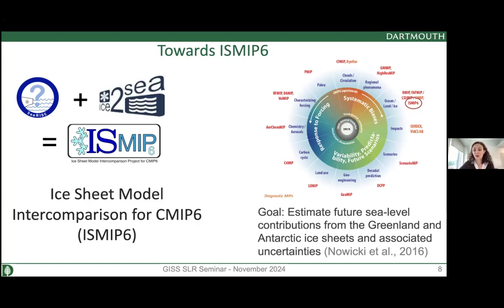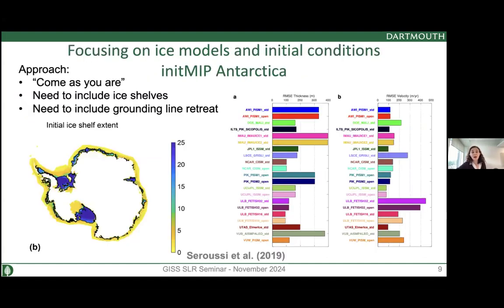What happened during its lifetime all the way to the IPCC AR6 report? The first thing is that, as we've seen, ice models had lots of limitations. And so we really focused on giving modelers the opportunity to improve the models and think about initial conditions. Again, I'm going to talk just about Antarctica today. There are similar efforts for the Greenland ice sheet, but that's for another day. So what was the idea with ISMIP Antarctica? The idea was to focus on initial conditions and initializing models.